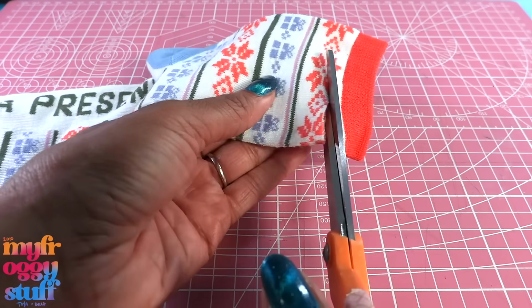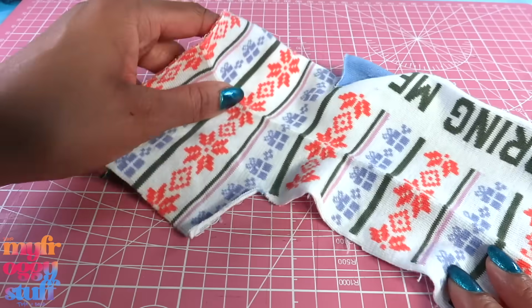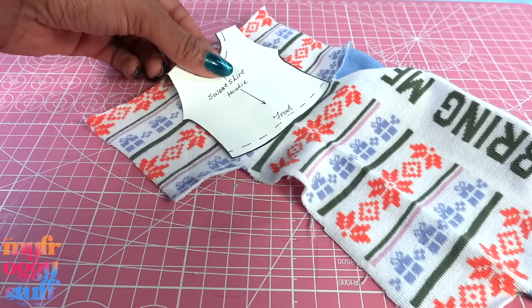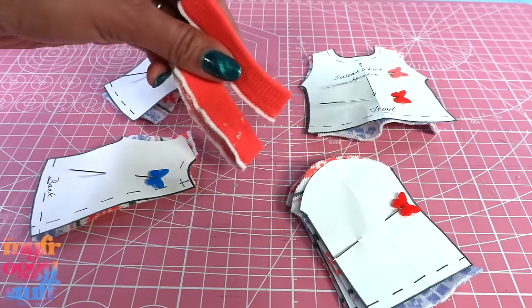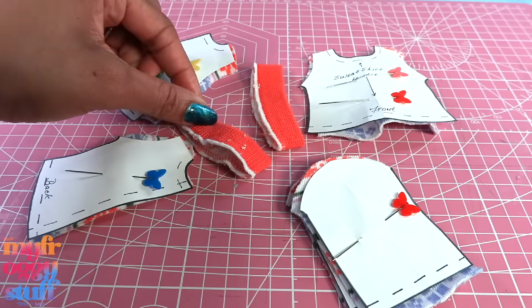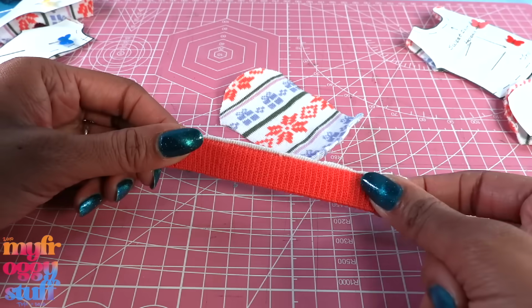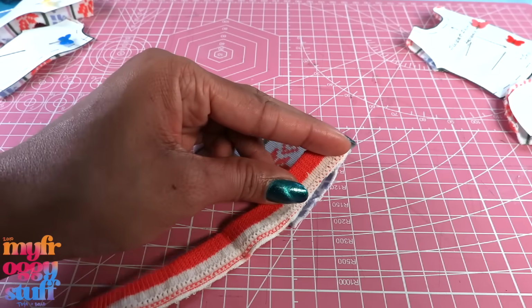I carefully trim off the top of the sock, cut open the rest of the sock so it lays flat. Place the pattern on top, cut it out. I use both socks to get all the pieces cut out. Let's take one of the sleeves and the rim of the sock, place it on the edge of the sleeve,